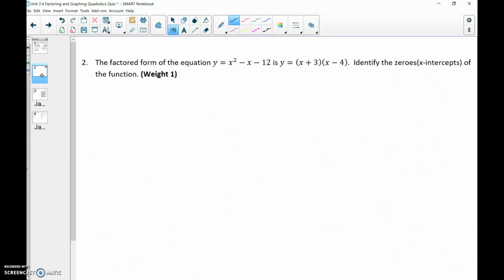All right, I'm going to do number 2 as well. So for this one, way too many people got this wrong, everyone. Honestly and truly. Just because it says zeros does not mean it needs to throw you off. You're looking for the x-intercepts. Remember, we talked about x-intercepts are on